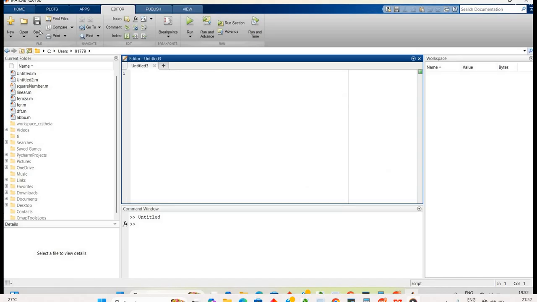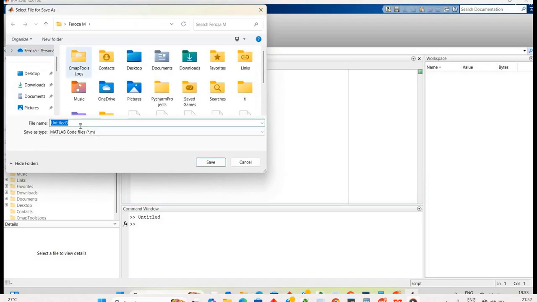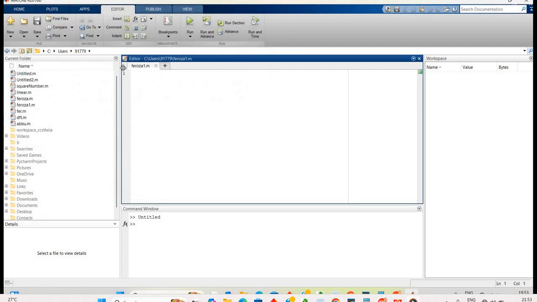Now I'll rename this. I will save it using Save As. I'll give the name Feroza1. Always the files or scripts in MATLAB are saved with .m extension. Save. So this is saved as Feroza1.m.